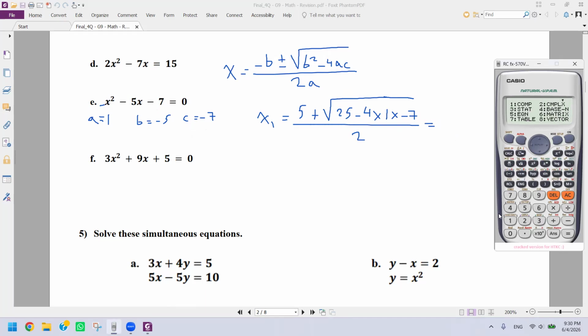Now for me, I'll change the mode again. I'll just do it under the square root just to help me. 25 minus 5 times 1 times minus 7. So we should get 53. No, this is 16. Let me do it again. Minus 4 times 1 times minus 7. Minus times minus is plus. 4 by 7. 20. Okay, this is wrong. Yes, 53. So 5 plus square root 53